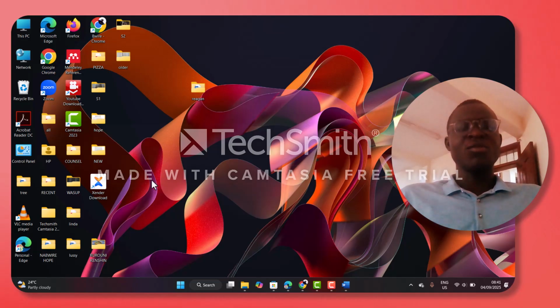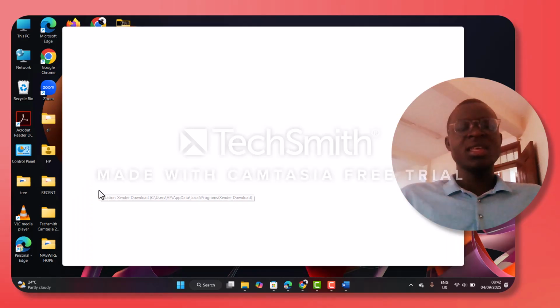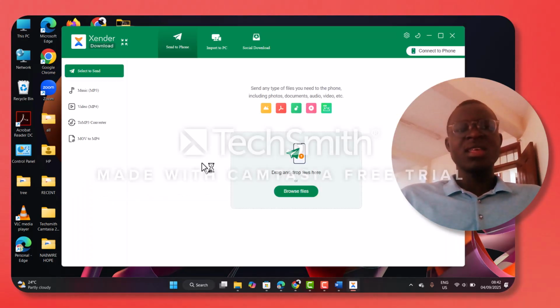Then the other thing: you may have some document you want to move from the PC to your phone, though you don't have a USB. You simply download the Zender app. After downloading, you just click on it, as you see. It's loading. I've double clicked on it. After loading, it opens itself, as you can see. Then by that, you can send any file to any phone. Whether you have an iPhone or an Android or any phone, you simply click on send to phone, as you can see. If I click here,